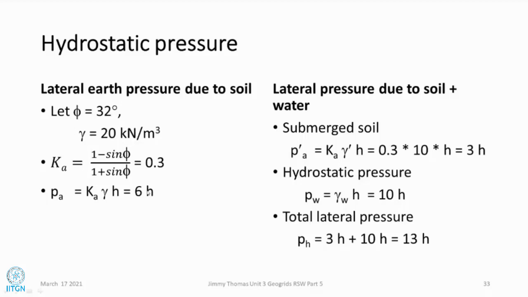So now we know the wall is going to fail, because for sliding the factor of safety is normally around 1.5 only, and even for overturning the factor of safety is only 2. So if this condition develops and we have not designed for this, the wall is going to fail.